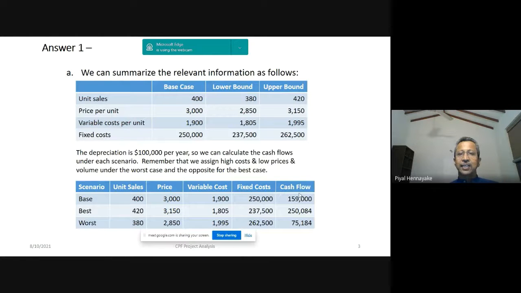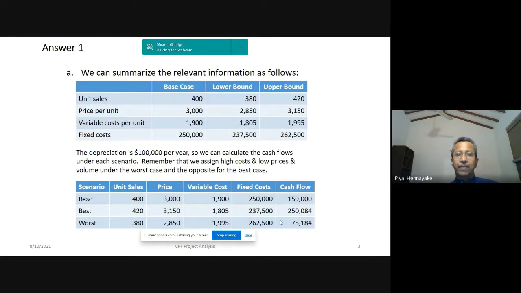So the base case is the same. I'm not doing detailed calculations here, but you have to do the calculations, and you get cash flow is 159,000 for the base case. Best case is you have unit sales high 420, price per unit high 3,150, and the other two variable cost should be lower than the base case, 1,805, and the fixed cost is lower, 237,500. So we get